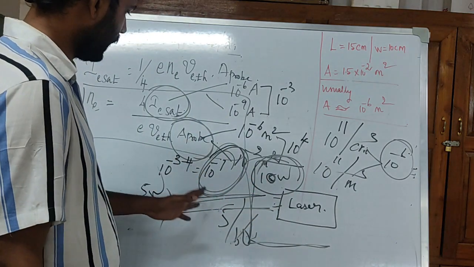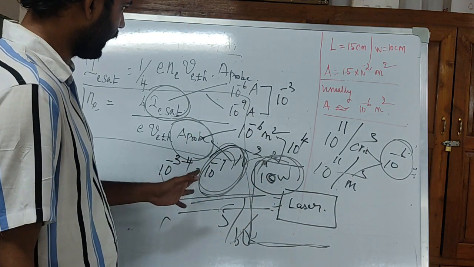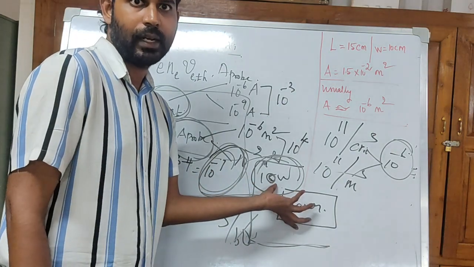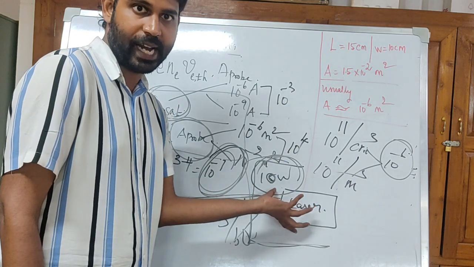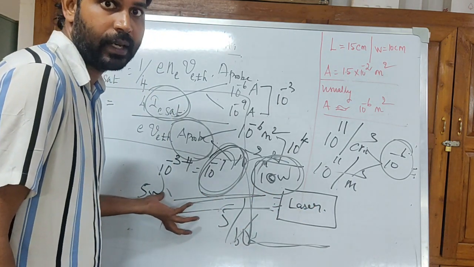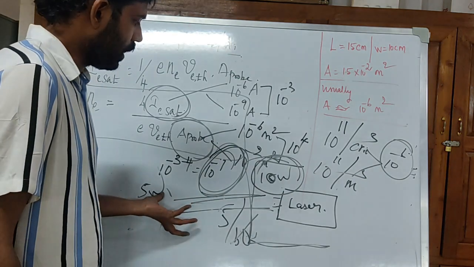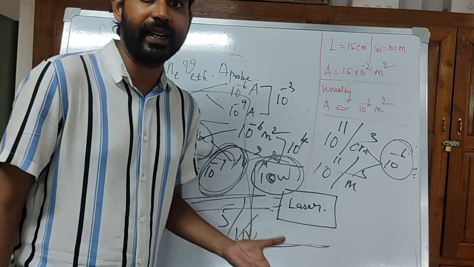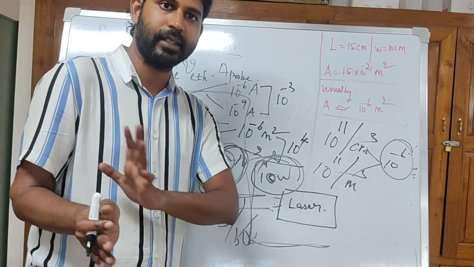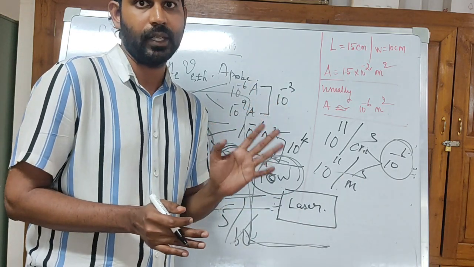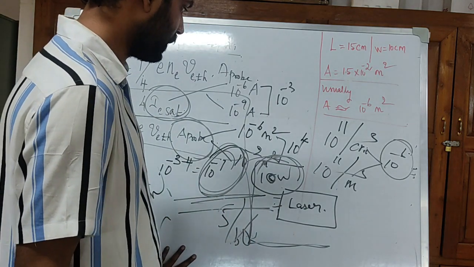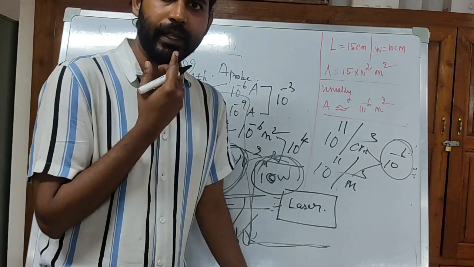So this is what I am trying to say. We have to know what the original charged particles are, and while sampling into the vacuum, we need to estimate what the loss is. Only then do we know whether there is actually any loss, or whether everything that is coming out of the jet is just directed inside. So I think I am able to communicate what is there in my mind.